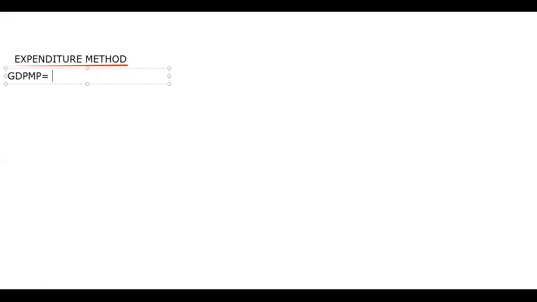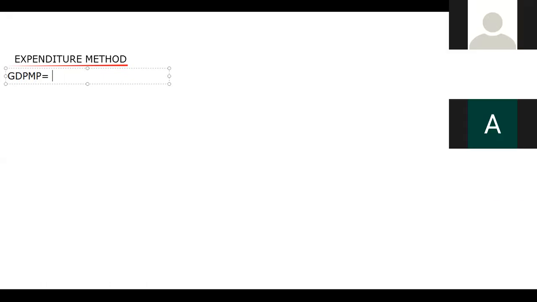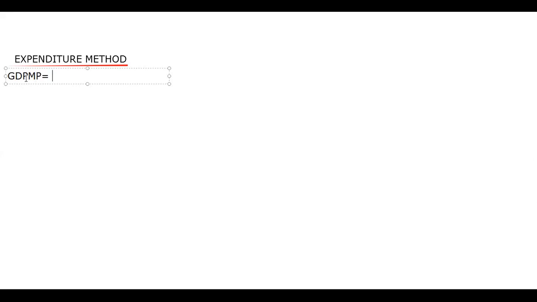I'm repeating once again. When we were computing any aggregate from the income method, by default NDPFC, that is the domestic income, was calculated. Then we could easily move by applying three golden rules. But when we are following the expenditure method, basically GDP at MP will be calculated by default. Whenever we apply the expenditure method, GDP at MP will be calculated. And how will it be calculated?